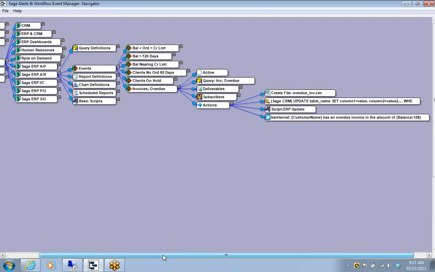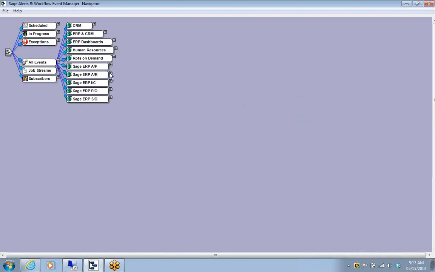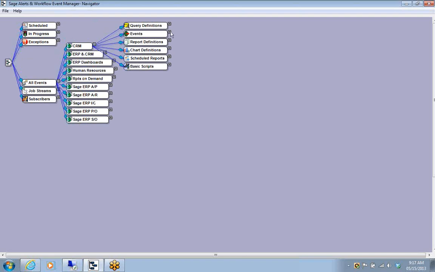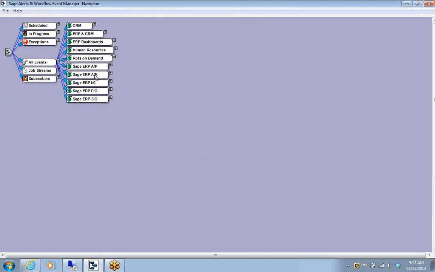All right, let's back up our view a little bit and just touch upon a couple of other concepts before coming to the end of this demonstration. I mentioned that Alerts and Workflow can monitor the data in a number of other applications, including CRM or sales. And certainly, on the sales side of the house, nothing is more important than monitoring the status of open or pending sales opportunities. If we drop down another branch, we can take a look at what is referred to as